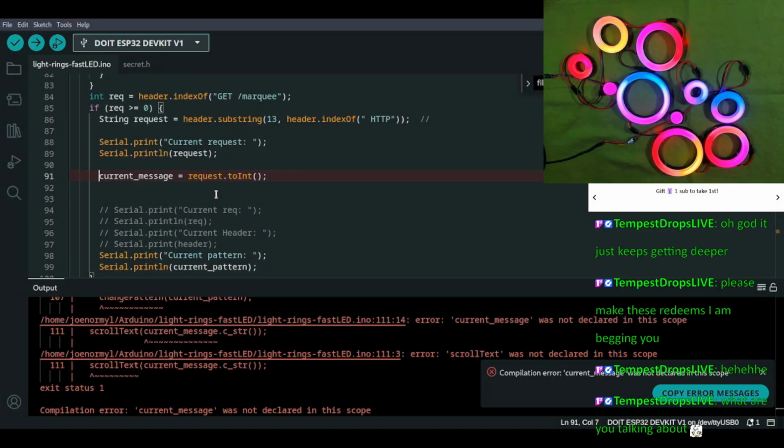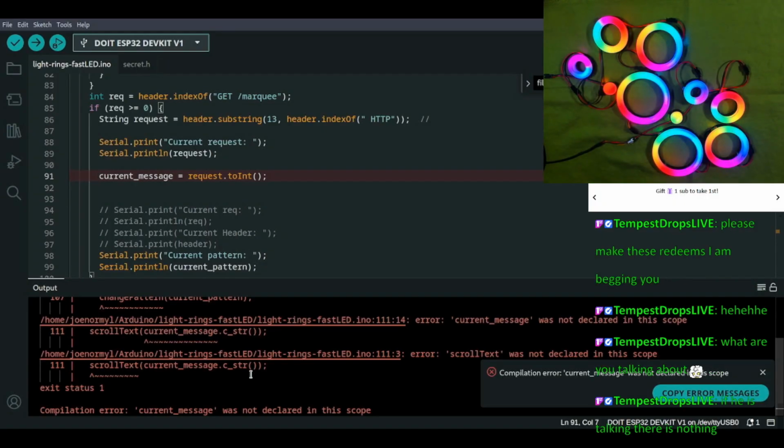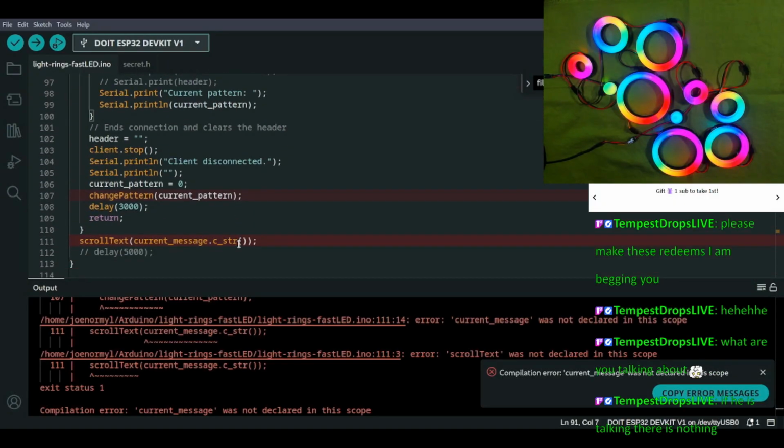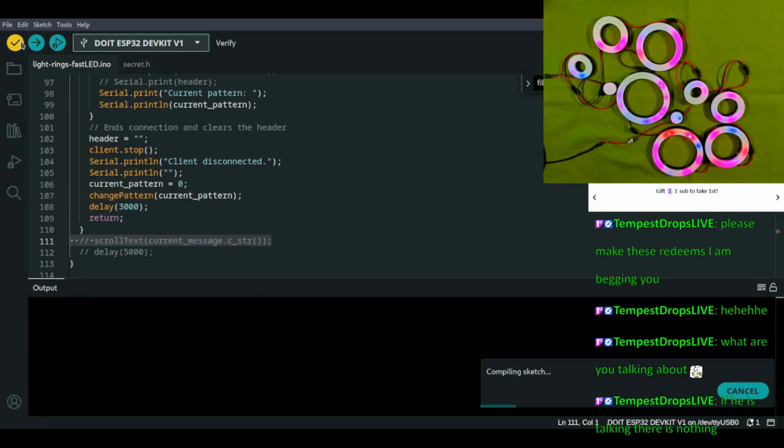If you just got here, we're working on this fast LED project for commands, and we're gonna hook that up with Streamerbot. But I just got some new equipment, and so I'm basically trying to get it to not echo because I'm losing my mind. I guess I'm just gonna have to hear Joe 2 or 3 times every time he says something.